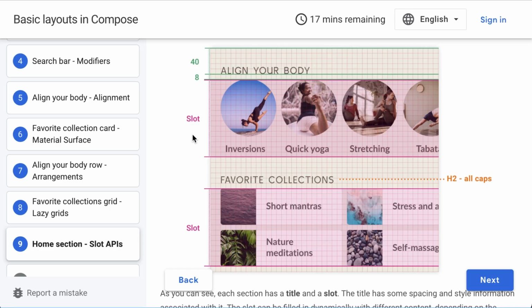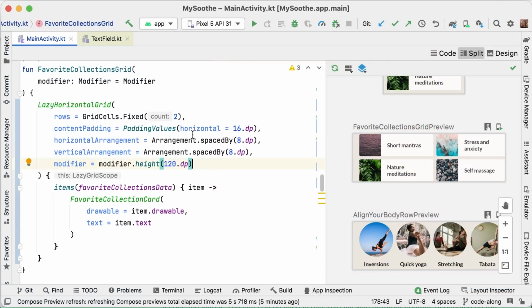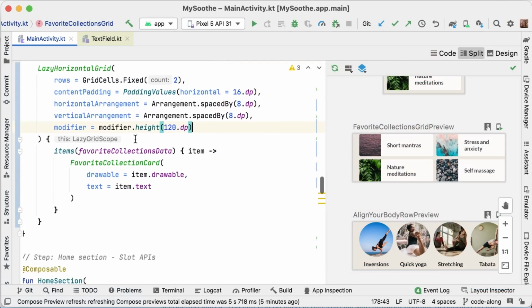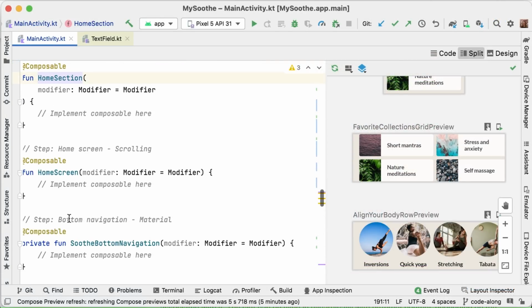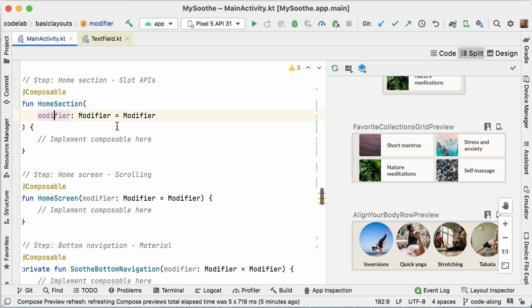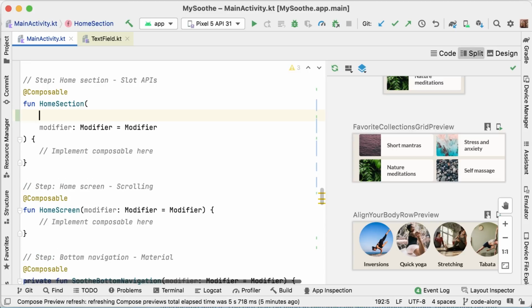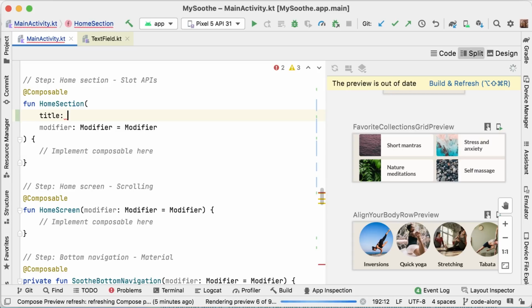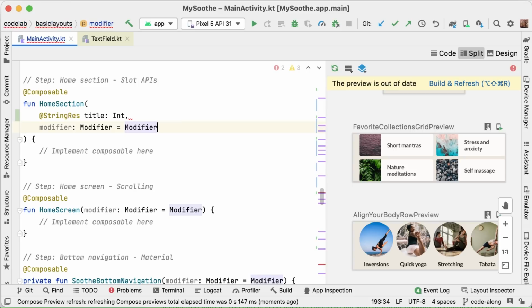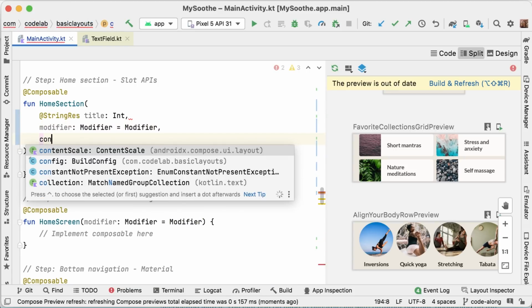Okay, so let's give that a go. So let's go to Android Studio and implement our home section. And we are currently only passing in the modifier, but as we said, this section will need a title as well. And the title in our case can be a string resource, because we will always need to add a title like this. And then in addition, we can add the content.